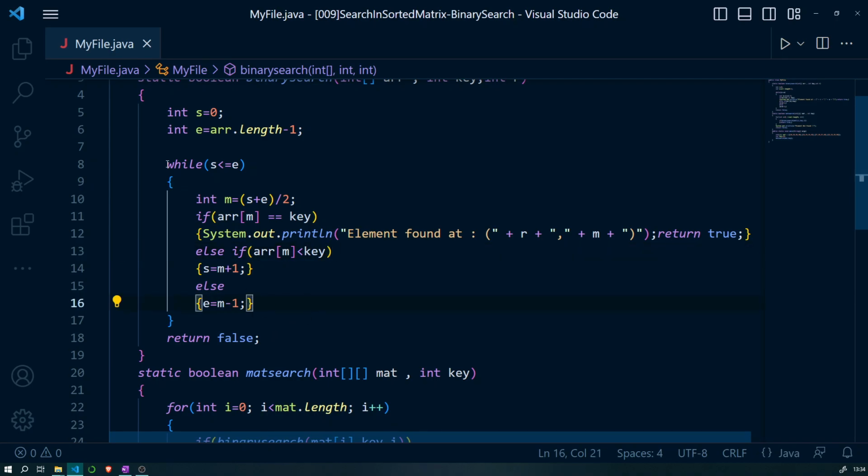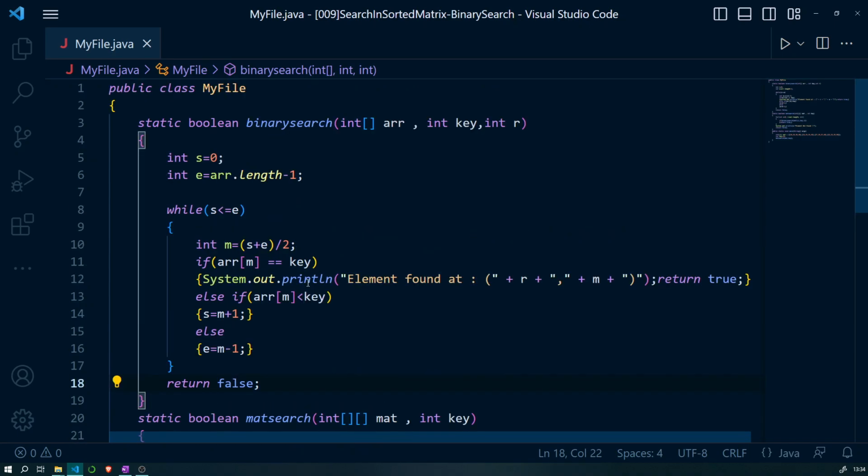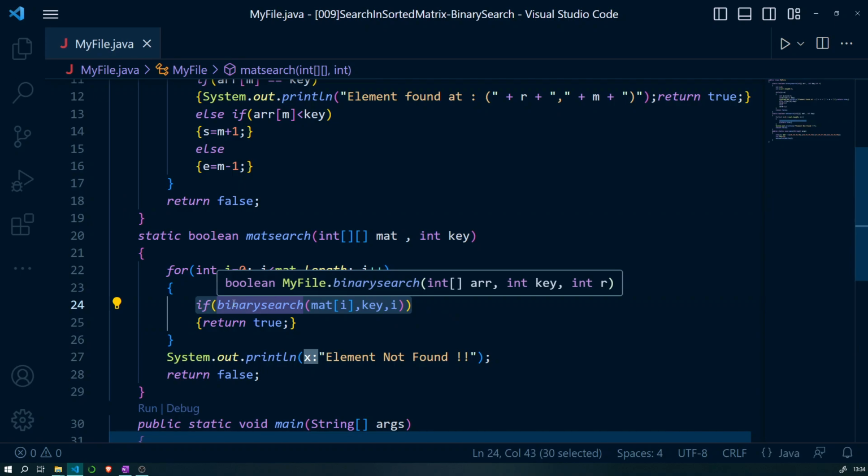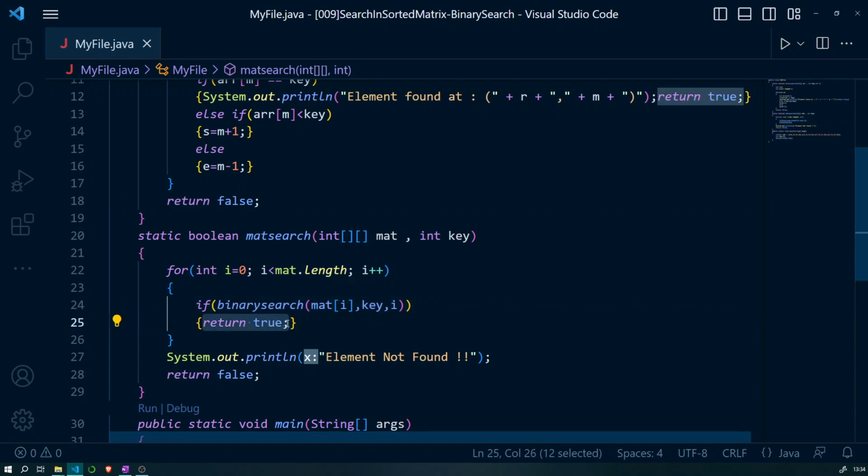If the whole array has been traversed and we have not returned true, then outside the while loop return false. So this binary search returns true or false to this if statement, and if it returns true, then this if statement returns true.